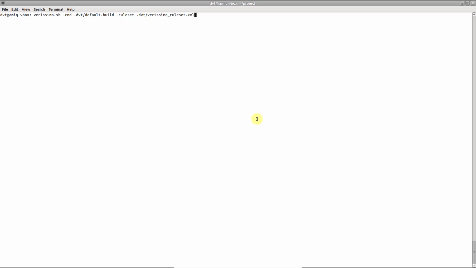Verissimo Auto-Correct saves time by automatically fixing lint failures. You no longer have to manually handle each failure that Verissimo detects. To activate autocorrect when running in batch mode, just add the -autocorrect argument to your Verissimo invocation and specify which